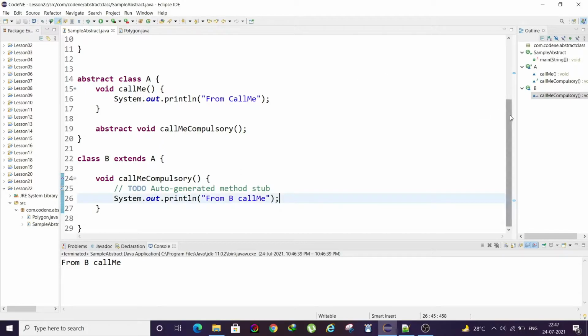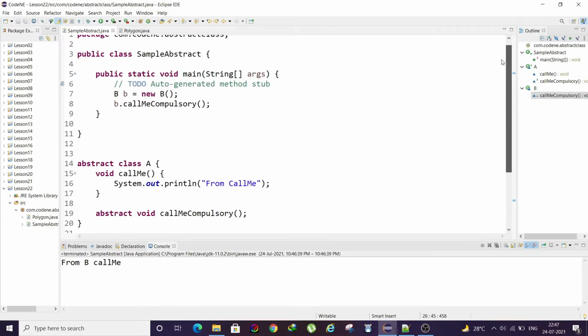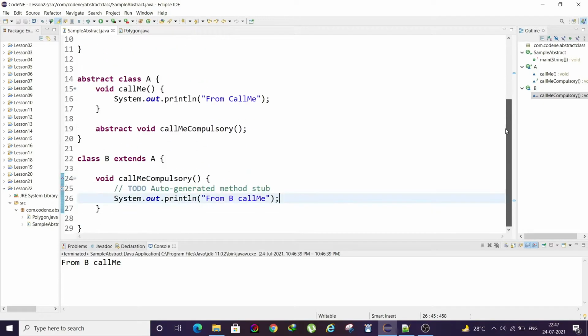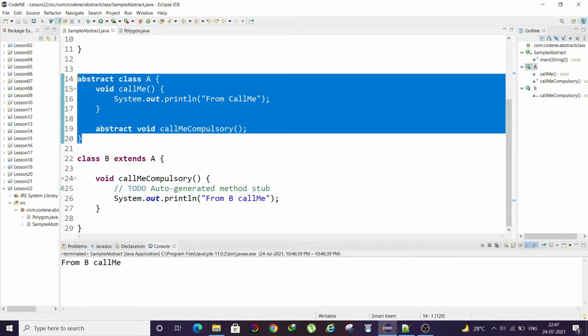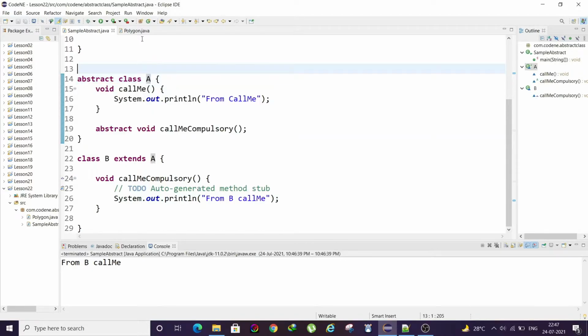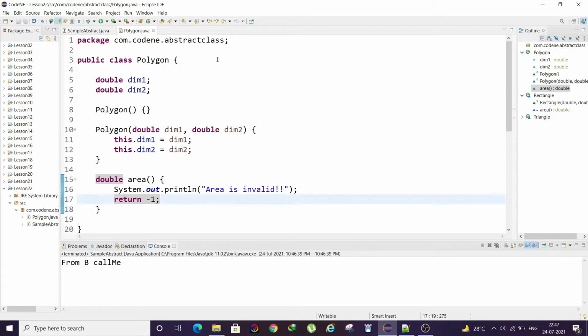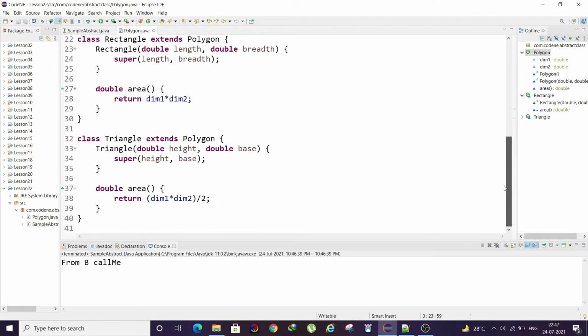Okay, so I postponed the understanding of why we need abstract classes because it's not that clear using any random class. So we'll use our old example only. In our previous lesson when we learned about method overriding, we have seen the example of polygon, rectangle and triangle, right?